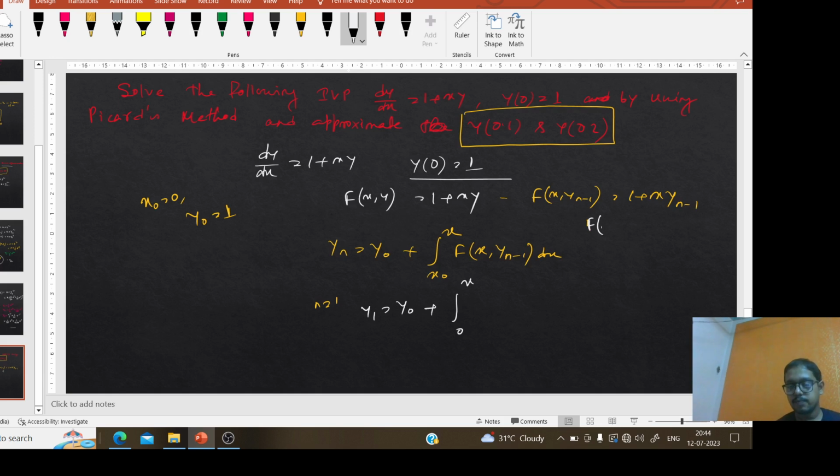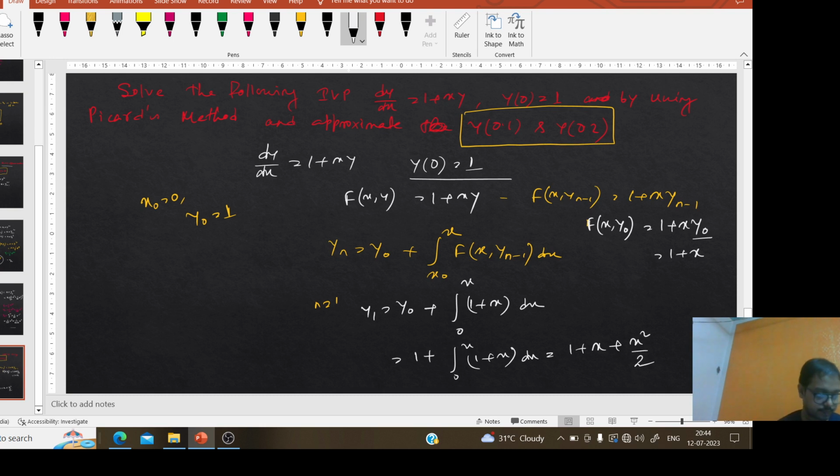And f of x comma y0 we get 1 plus x y0. y0 is 1, so it is 1 plus x. So we get y1 is equal to 1 plus the integral from 0 to x of 1 plus x dx. From here we get y1 is 1 plus x plus x squared by 2. This is the value of y1. Clear? Similarly now,